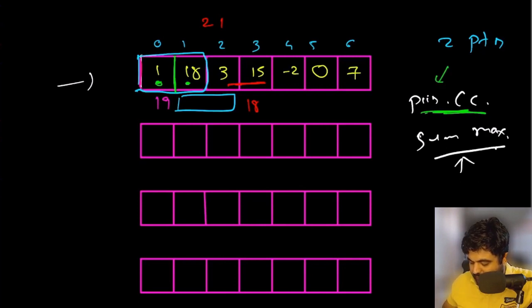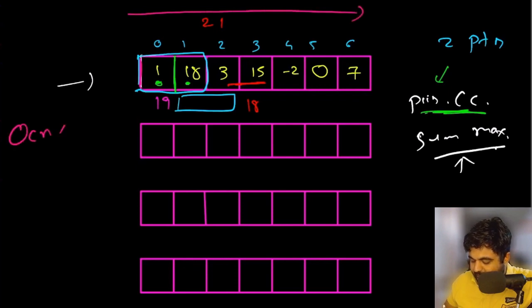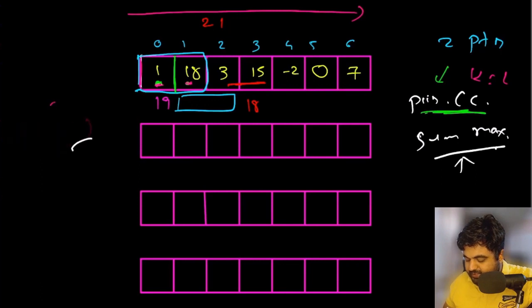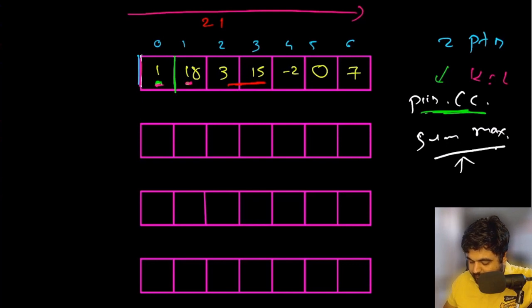In this case, the time complexity is going to be that we will have to iterate over every single element, so big O of n multiplied by k. Since k is equal to 2, it is going to be big O of 2n. So this is going to be the time complexity for our problem if we use the brute force approach, because every single time we will have to create a new pair, do its sum, and then get that value considered. In the next approach, the idea is that rather than this, if we use a sliding window, our lives would be much easier, and we would be able to solve this problem in big O of n time only rather than big O of kn.